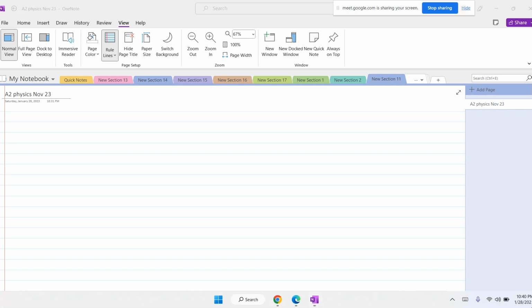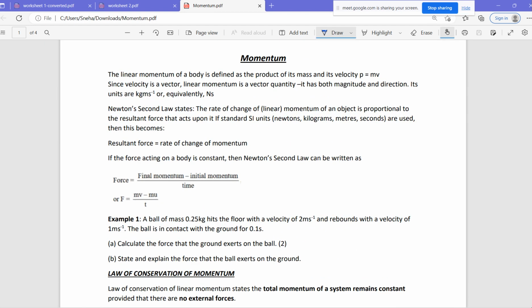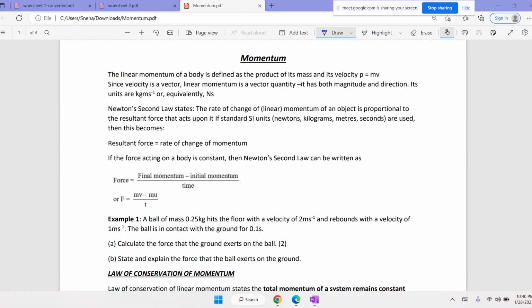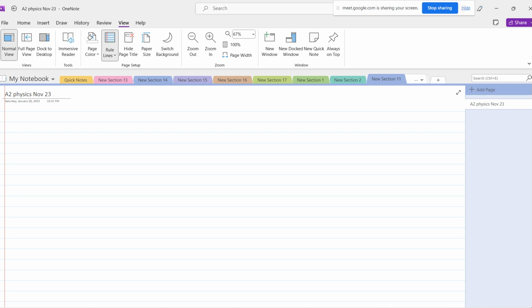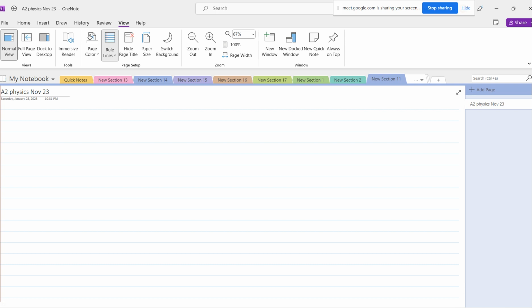Okay, so let me just go back to this worksheet. We are already familiar with what momentum is, right? The basic definition is that it is the product of mass and velocity. Let me draw two objects to first explain what momentum is. We can explain momentum in terms of one object or two objects, and again in linear motion or angular motion. Angular motion is basically the two dimensions of momentum, right? So the diversities of momentum are